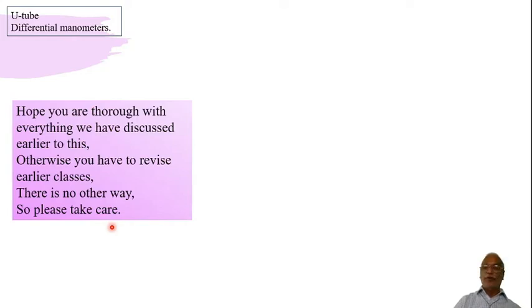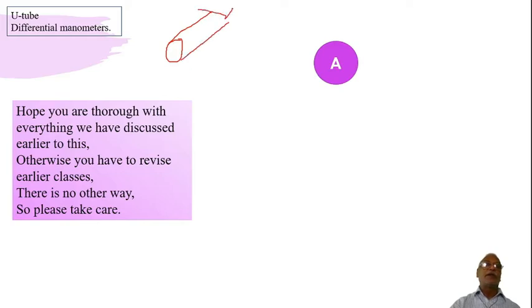Of course, you should know whatever we have discussed. There are many things we have done. Unless you know them thoroughly, it will be difficult for you to go ahead. So please take care. Now let us say there is a pipe section A. Whenever a circle is shown, from now onwards you see that it is a section of a pipe, like this. Already we have done this. The section of the pipe will be like this, and then the pipe will be running this way continuously, right?